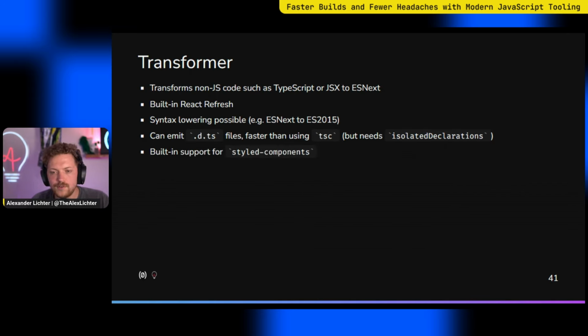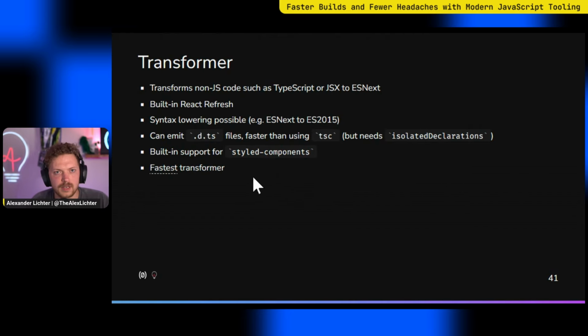Plus, there were a few things that we built into the transformer. One of them is built-in support for styled-components. You wonder why styled-components, even though it's legacy for all the React users out there? Well, mainly because it is still used in a lot of applications, and it is super helpful because this would be otherwise quite a big bottleneck. So we decided, okay, there is demand for that. Let's build support in for a big subset of styled-components. In the end, this is the fastest transformer.